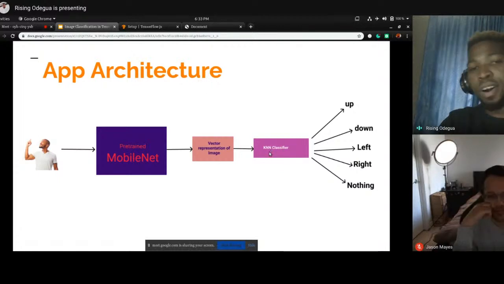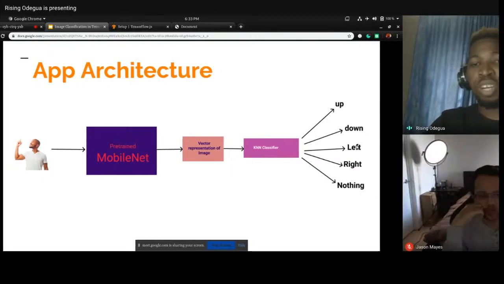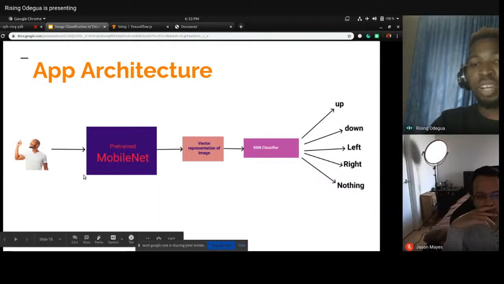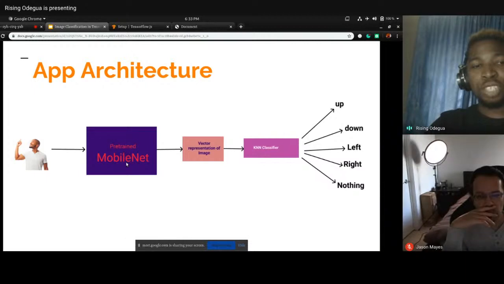a KNN classifier. This classifier is going to associate each vector, or each activation coming from the pre-trained model, to a particular class that we specify during training. So this image of a person pointing up is going to pass through the pre-trained model, and the model is going to predict an activation for this particular image.